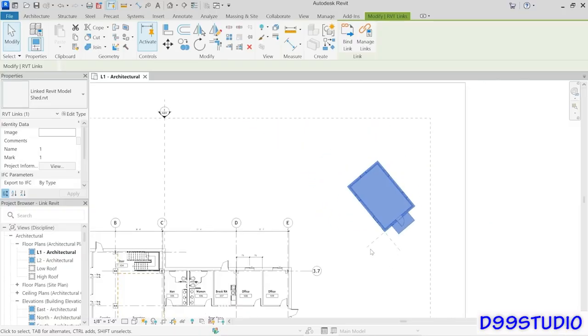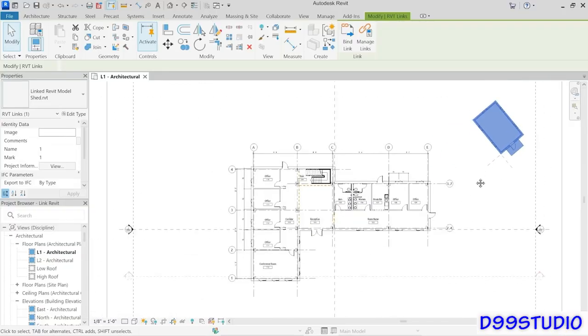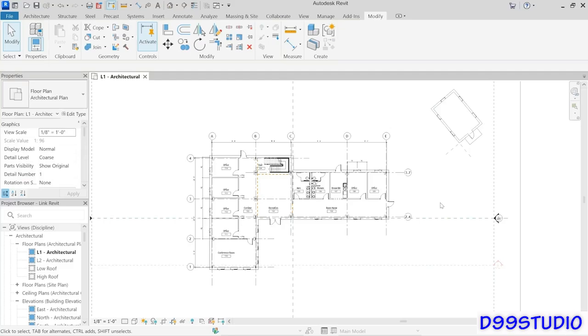So I'll zoom back out, and that is the desired position of this building. Now, in your own projects, somebody will have to figure out what that location is, and they can do that by any number of means using whatever design data is appropriate in your own project. So now that I've positioned that model where it needs to go,